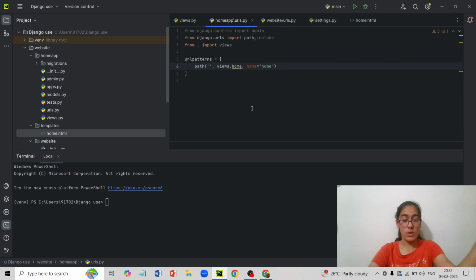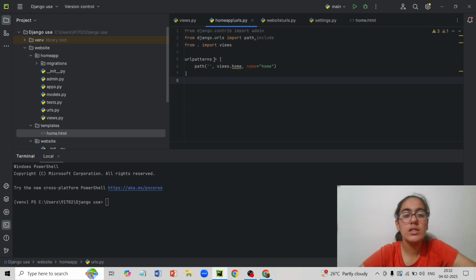And then in this video we did: from django.contrib import admin, from django.urls import path comma include, then from dot import views, from dot import codr. So not coder but codr, without the e. And then urls dot patterns.